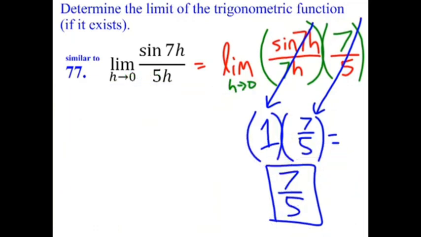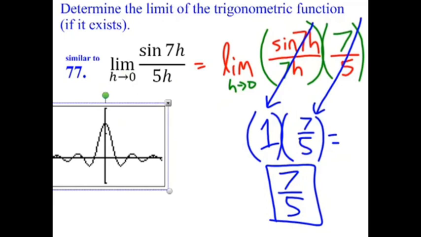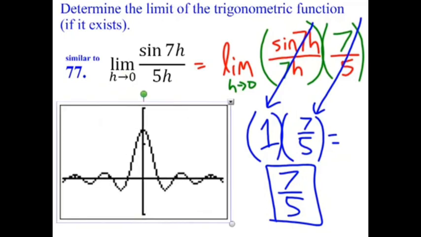This is the previous graph. Yeah, this is the graph of sine 7h by 5h. When h tends to 0, the height becomes equal to nearly 7 by 5. So here, this is how we set the limits properly. Okay, that's all for